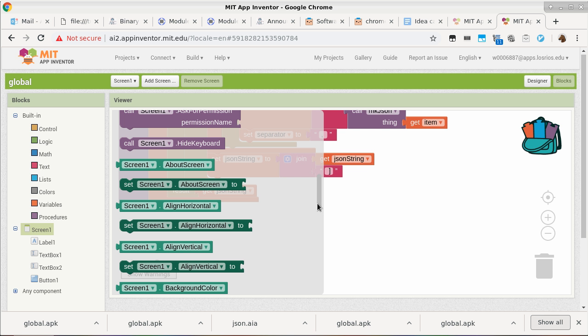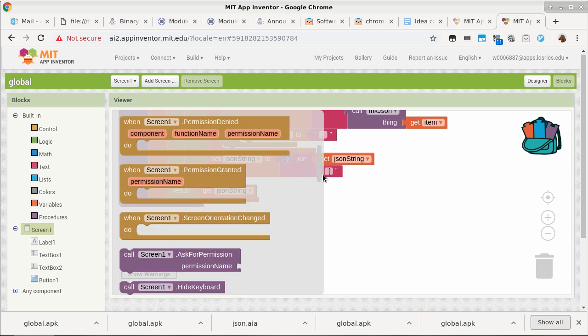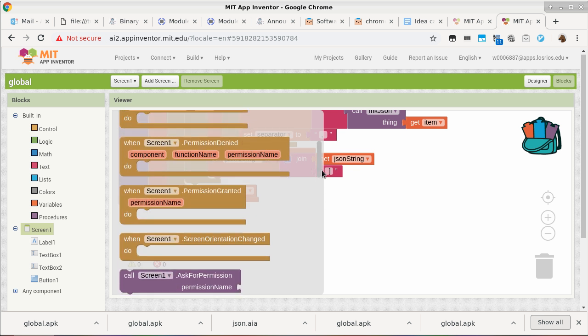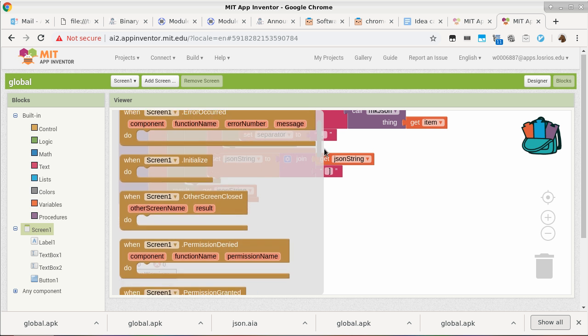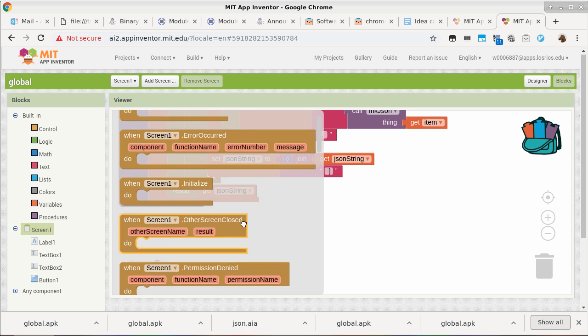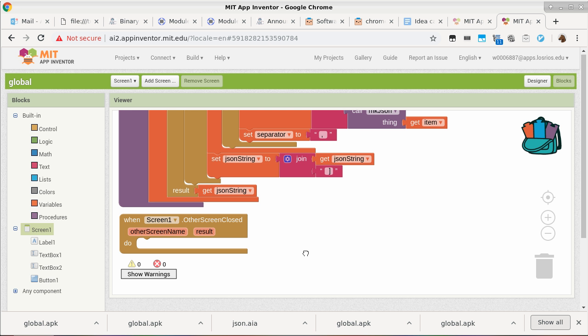There's an activity, or not activity, but an event that has a very special name. Okay? It is called other screen closed. So in other words, if some other screen closed and you become the active screen again, this event is triggered. Is that okay?